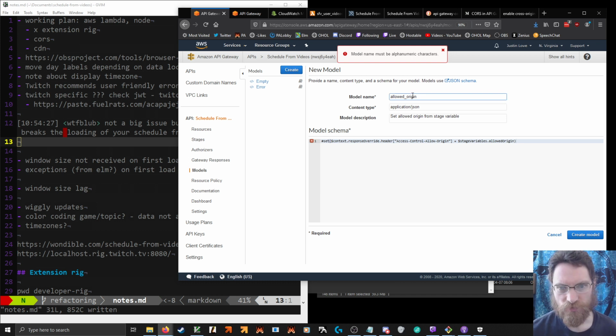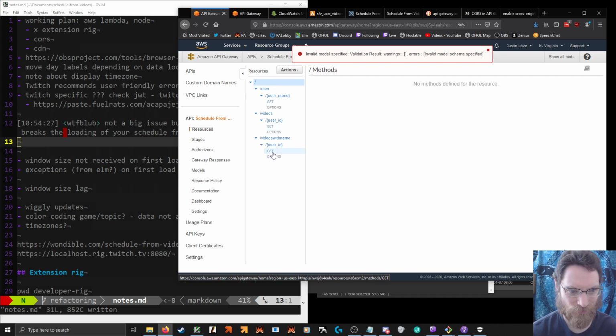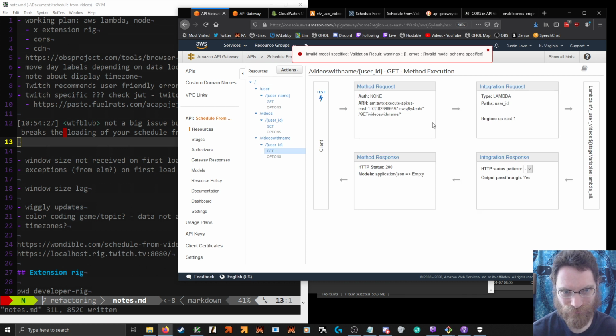Okay. So that might explain something about this. Invalid model schema. Okay, so we can't use this to save the content. We just have to copy-paste every time. Fabulous.